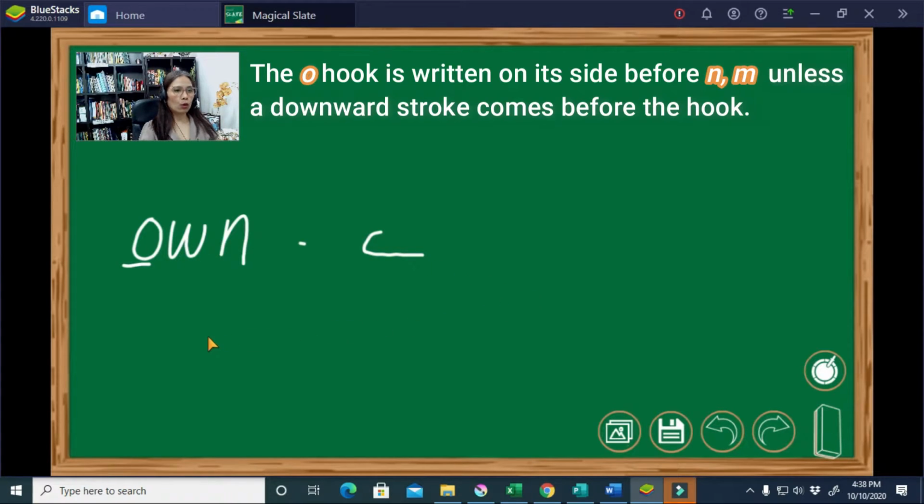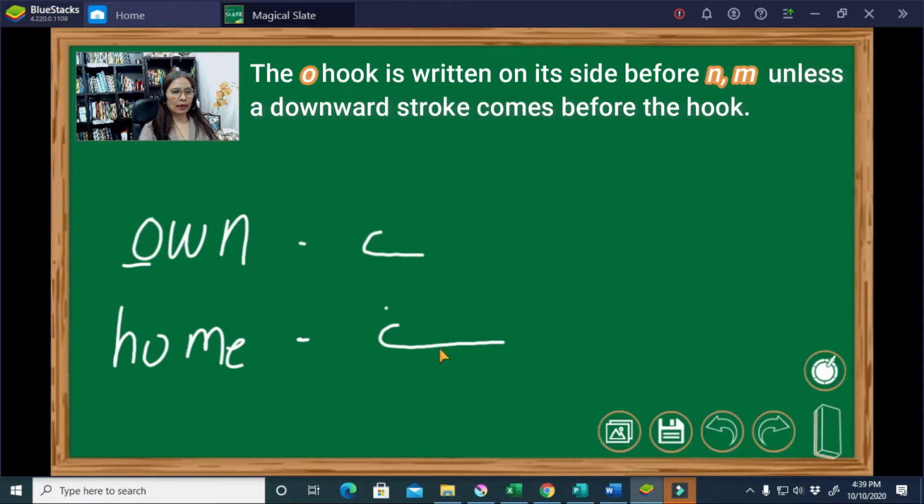Okay, or on the side of letter M. Let's say for instance, the word is home. So this is your O and then M. This is your letter H. So that is the example of how to write letter O